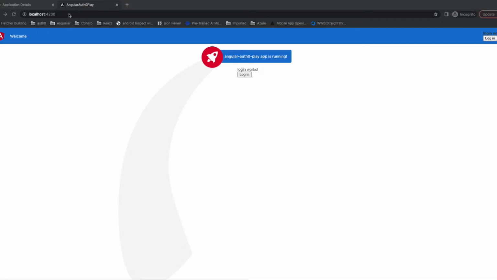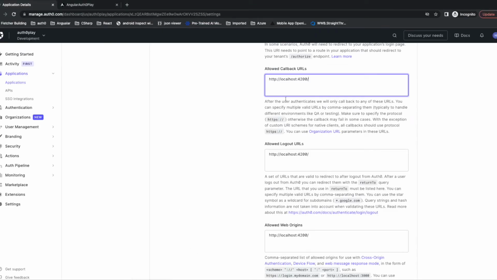Currently, the callback URL is the same as the home page. If you want to redirect to another URL, not the home page, you need to configure it in your application. Also, you need to add that callback URL in the dashboard. For example, if you want to go to another URL named callback, you need to add this here, because only URLs listed in this dashboard can be allowed to redirect to after